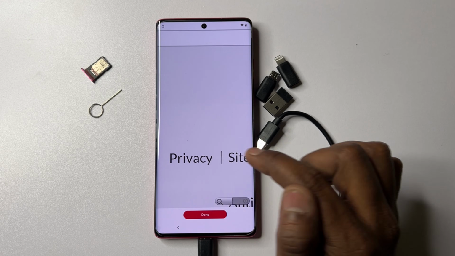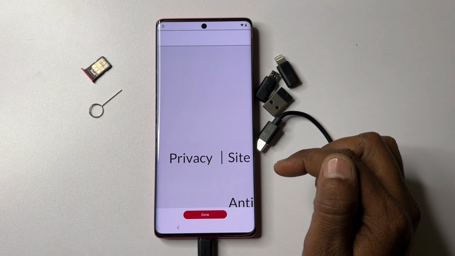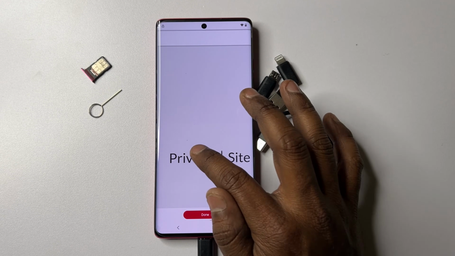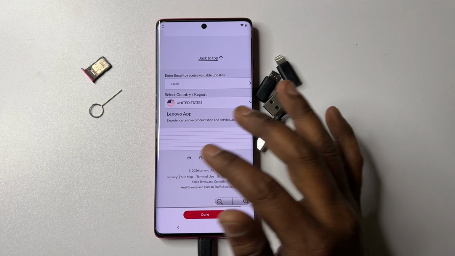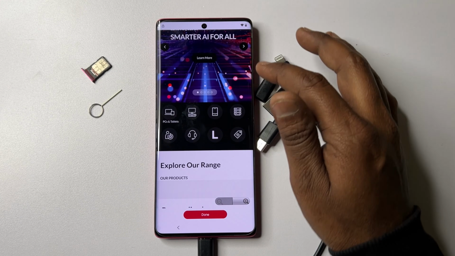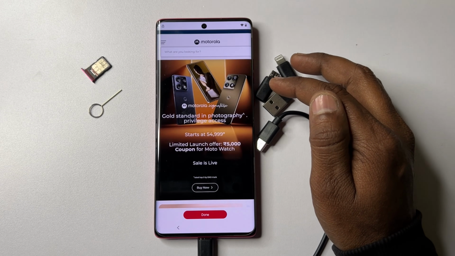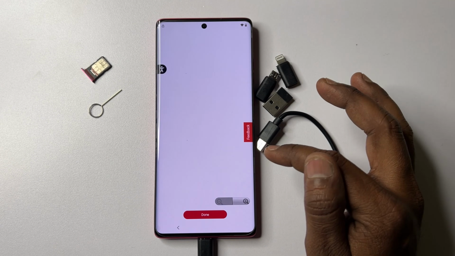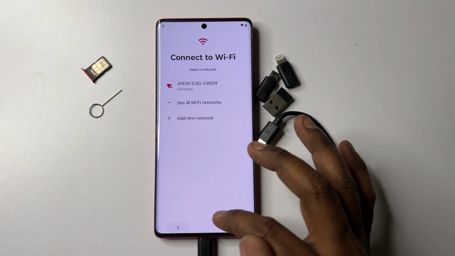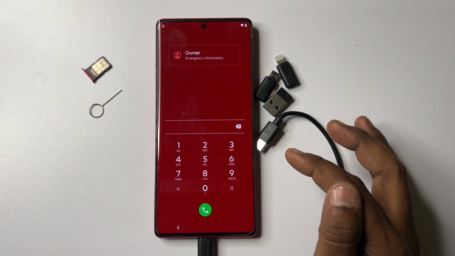Find this privacy section. Click to open this. Touch to open the privacy option here and wait for a while. If it is not opening, go to the upper section, and here you have to select this mobile smartphone icon. Click done and go back to the home screen, and again open the emergency call option here like that, and